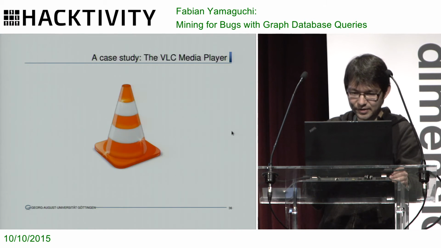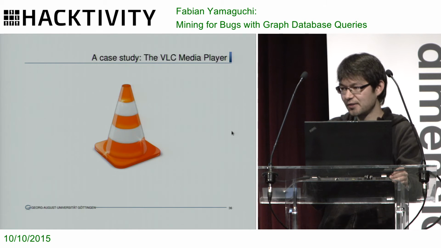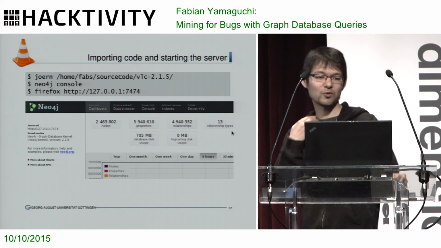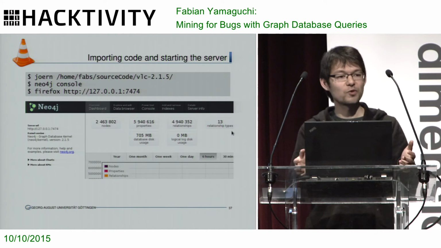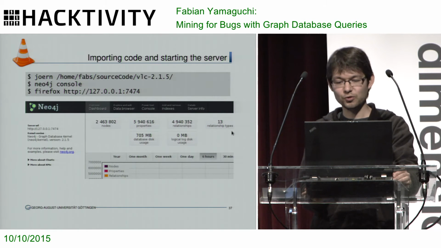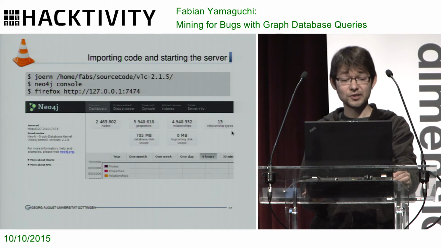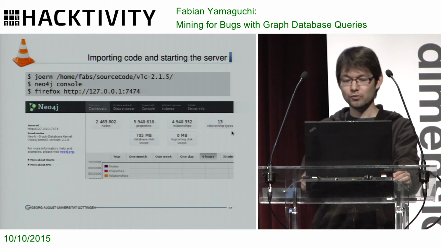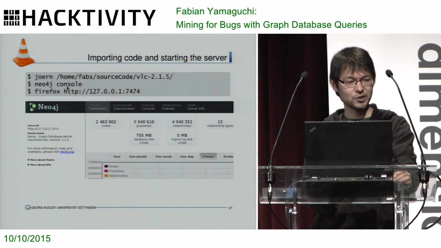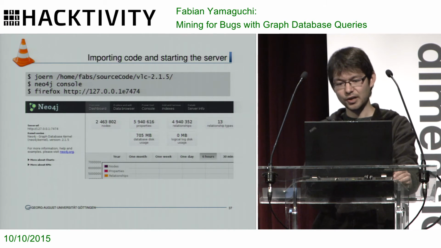All right. But now for a case study, and I think this is the more interesting case study, VLC. So here's what you would do if you were to run this on VLC. First you run Yearn to import VLC, and this takes a while, and then you start the Neo4j graph database server, so that's the graph database, and you can point your browser to this address here just for some